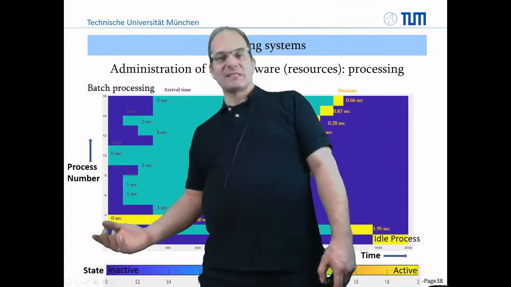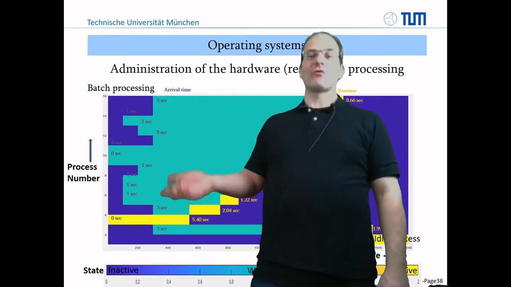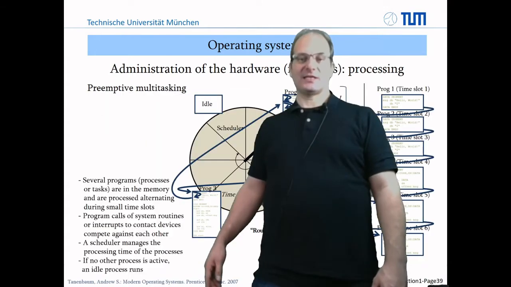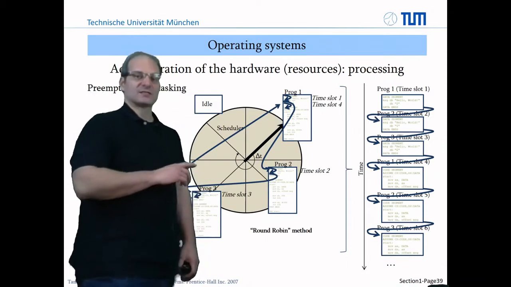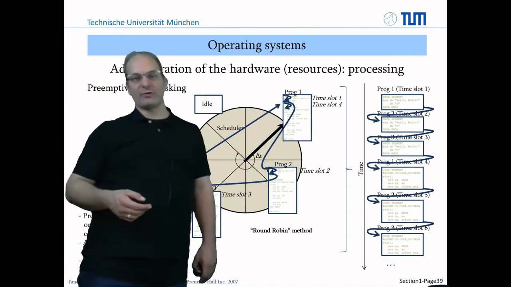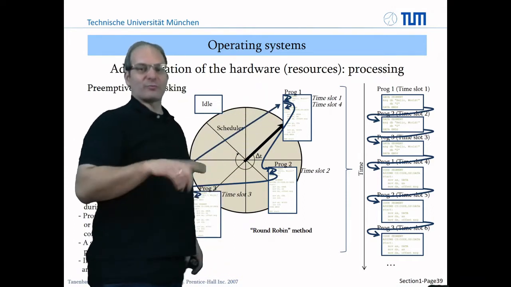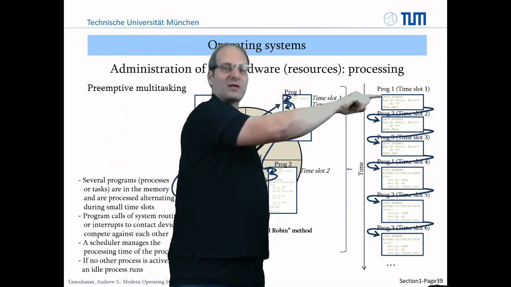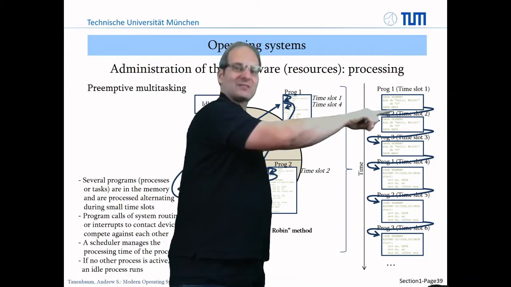But another mechanism deals with this so that it is more fair, in this case that you have small slices of processing. This means you split your program into pieces. So you have the different programs again, in this case, for example, 3 programs, but you cut them into small pieces. So you separate your program, which means that you can start with the first part of program 1, and then you interrupt it. So the operating system interrupts the program,